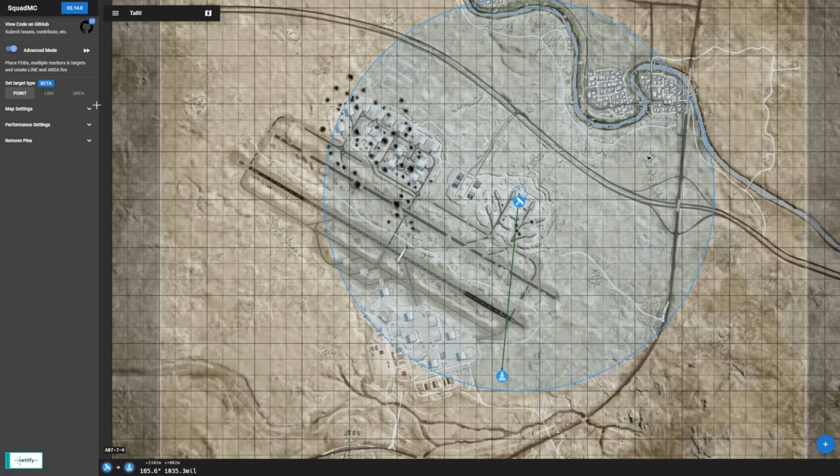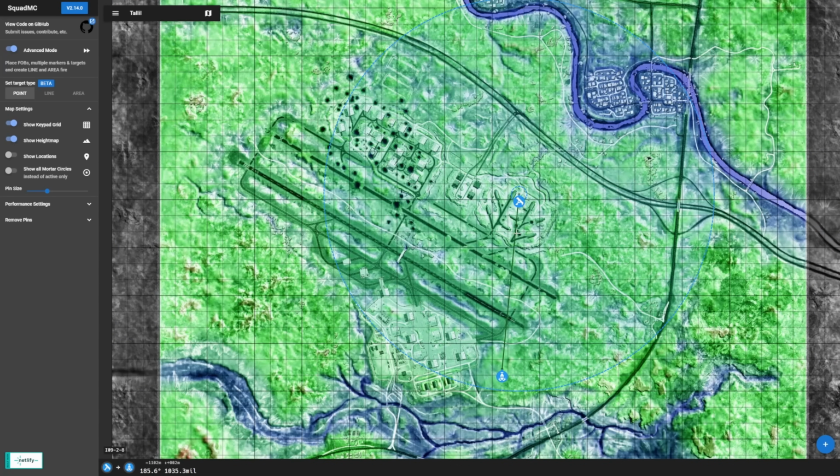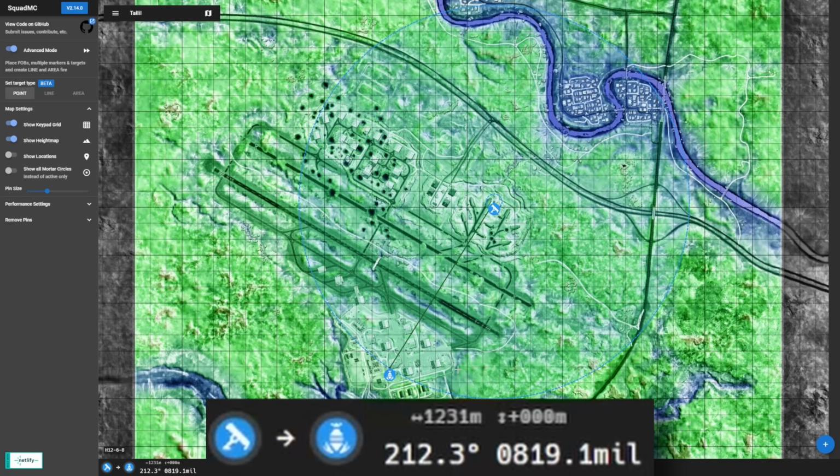If you select the Show Height Map option on the left side of the screen, you'll now see a new height layer on the map. As we can see, Talil is relatively flat. We all knew that, but we can still see how terrain will affect our mortars depending on where we set them. In our first location in the hangar areas, we can see that the effective range of our mortars is about 1,230 meters, but if we're to actually drag our mortar tube and have it placed at the bottom of this riverbed, we can actually only reach